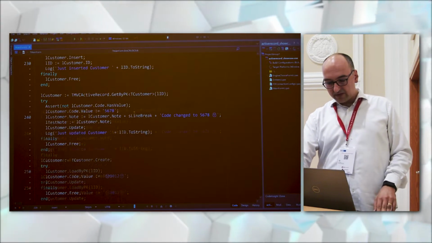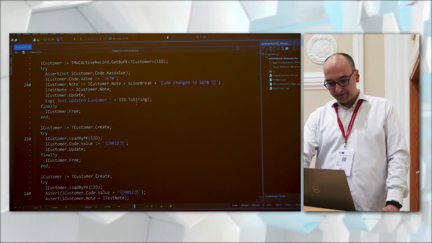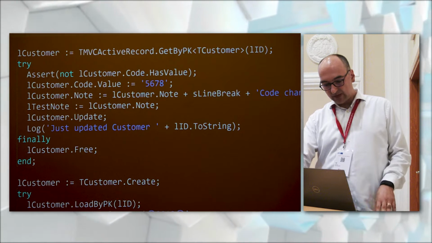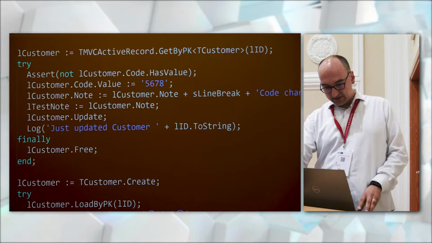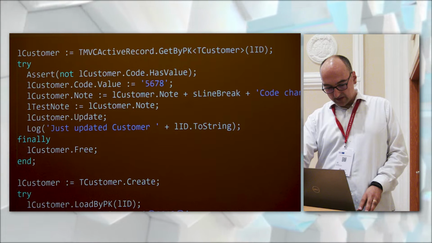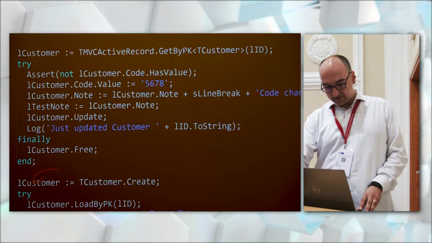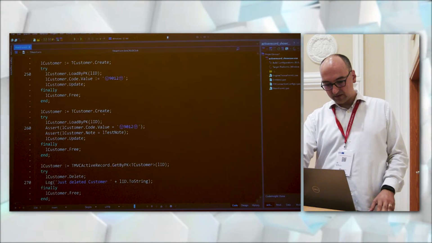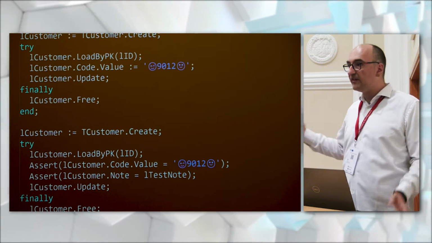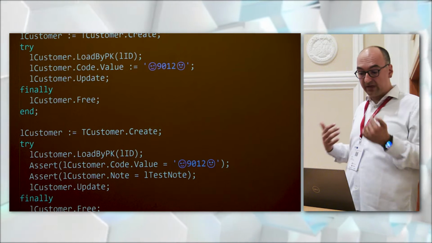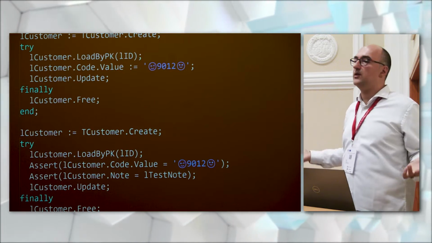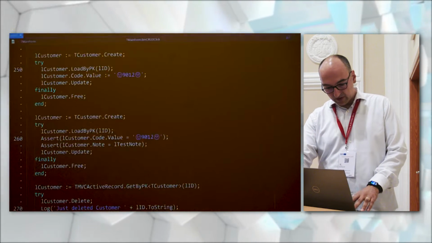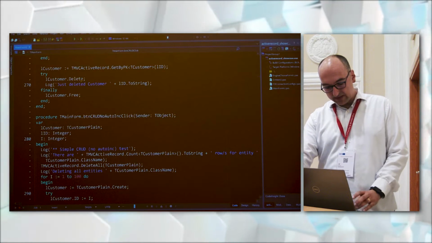Then this is for creating a record. This is for retrieving an instance by primary key, and then updating something, and then updating it. Also, we could have an object. We can fill the object by loading it by primary key, and update something. It's completely Unicode enabled, clearly. Or we can delete it.